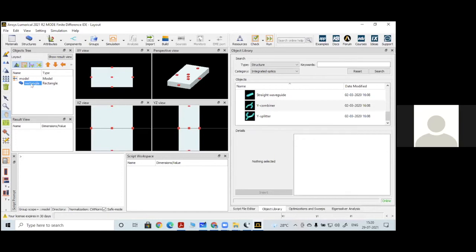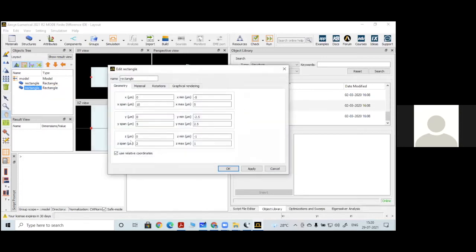In order not to change any of the coordinates, always, because the next layer present on this silica substrate is also the same shape, a rectangle, I will just duplicate this. The default axis will already be available here, so we need not worry about it. X is the width, and this width I have to change. I am changing this width to 0.5 micrometer with respect to center. I am not changing the length of the waveguide; the length will be as it is.